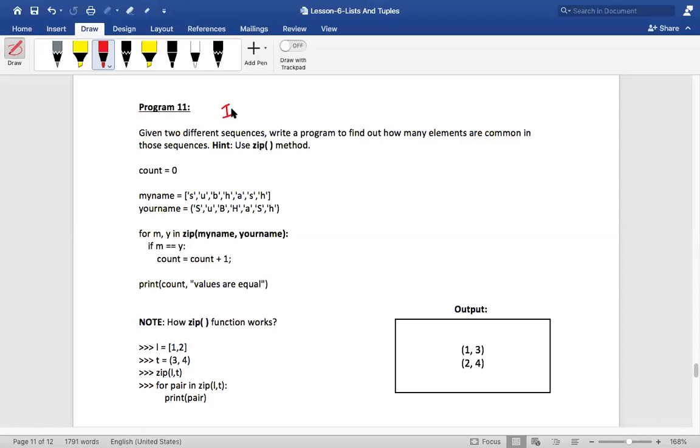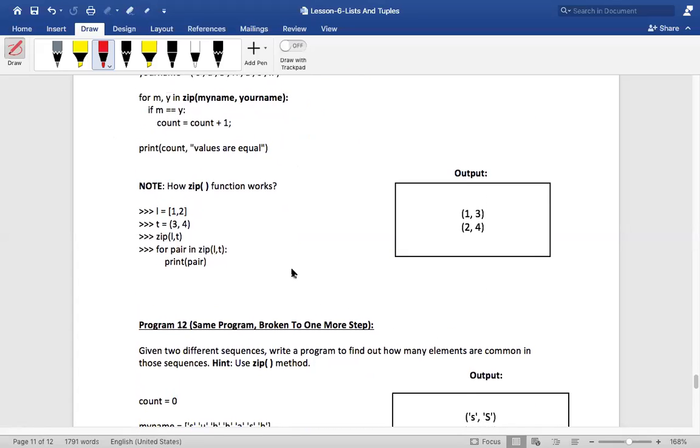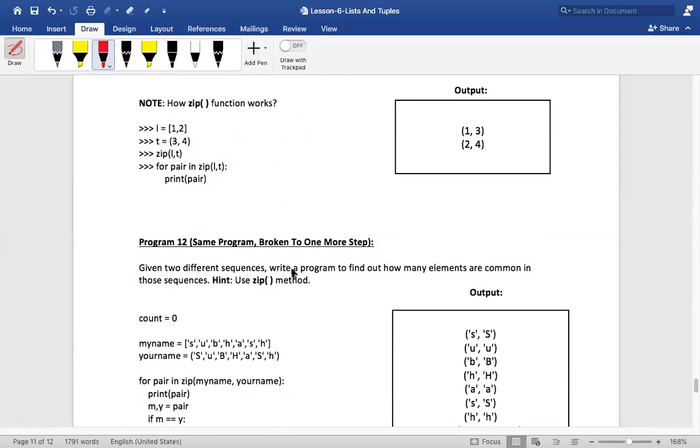This is an interview question, a very important interview question. They will say that you should do it in the least possible time. You can use functions, that's what they will say. They will not say use the zip method and all that. They want to find out whether you know the zip method or not. So first of all, let me tell you how the zip method will work. Okay, let us see this program.